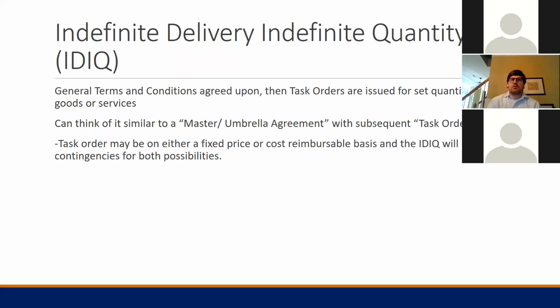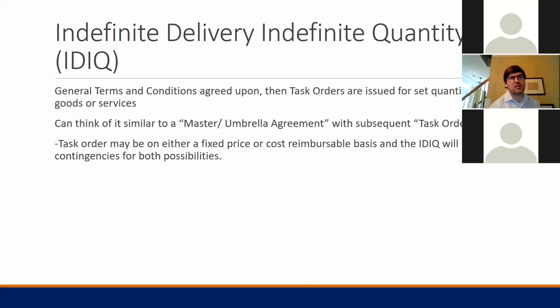The last contract type is an indefinite delivery, indefinite quantity, an IDIQ, and that's set up similar to a master or umbrella agreement where the government is going to set up all of the basic payment and requirements for the project, and then they're going to issue task orders for discrete tasks under that IDIQ, and those can either be fixed price or cost reimbursable basis, and the IDIQ will sort of build in a choose-your-own-adventure flavor to it, so to allow the